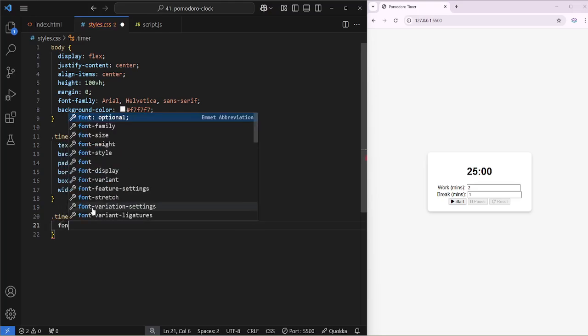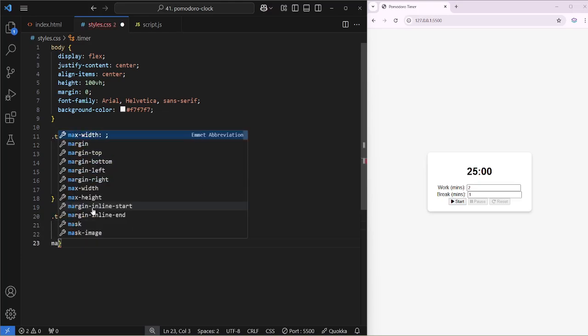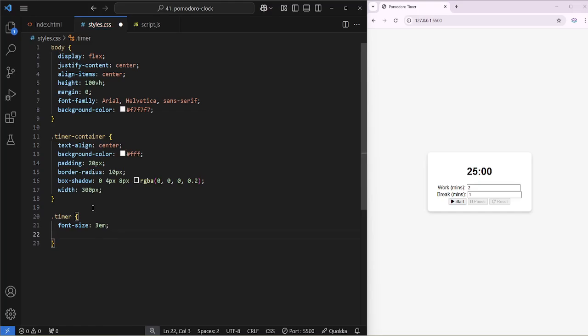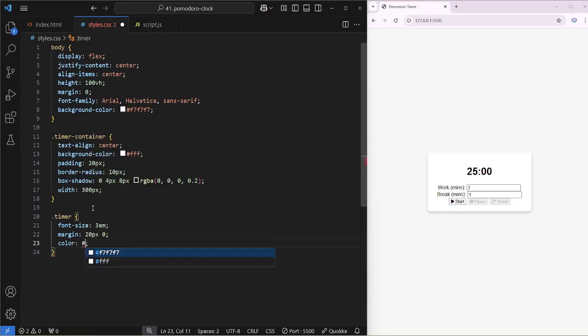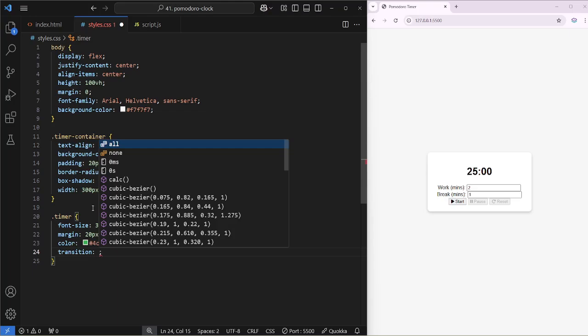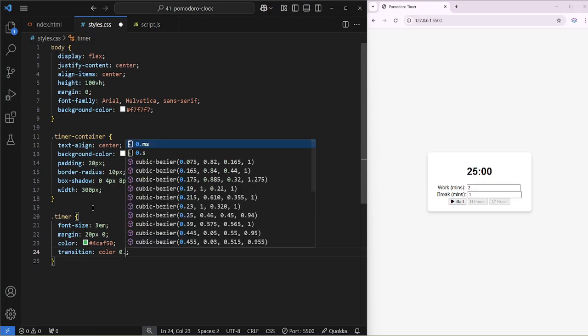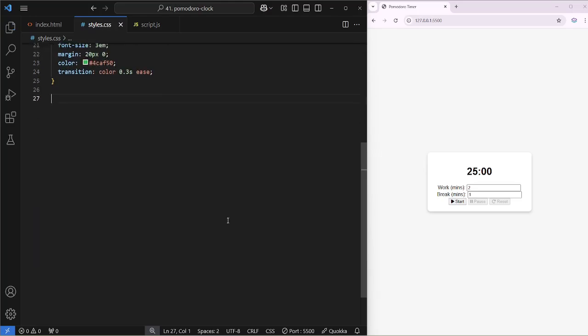Timer, font size 3 em, margin 20 pixel 0, color, text color 550, giving the green color, transition color 0.3 second, and